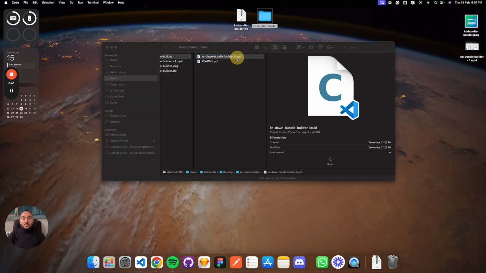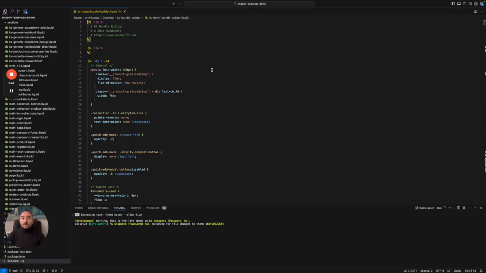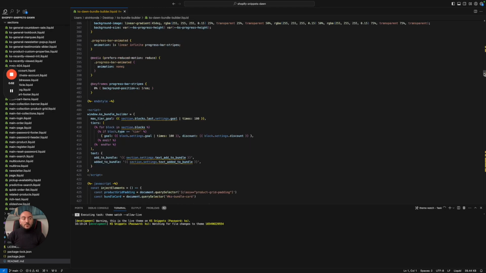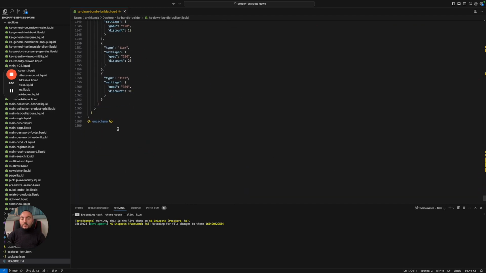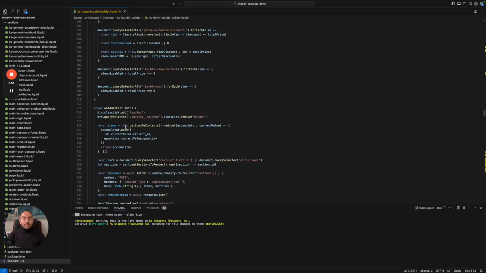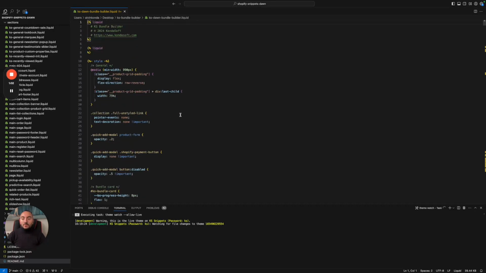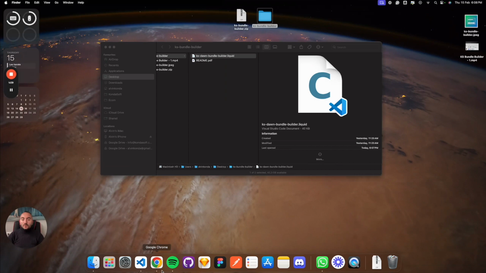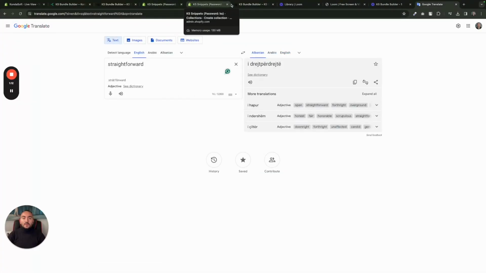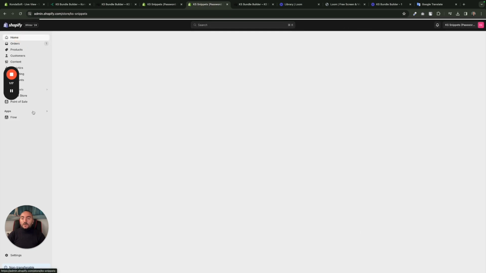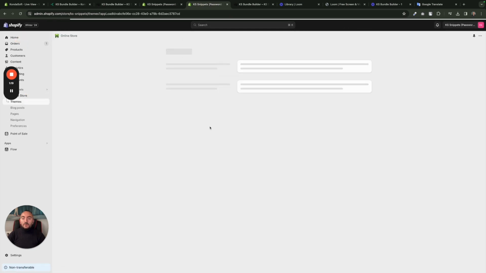Okay, so we need to open the file on our preferred editor. As you can see, this file is very large. It contains around 1400 lines of code. As we have said before, this snippet is very complex and we are very proud of this snippet. Okay, so copy everything in this file, then go back to your Shopify admin, then from your online store go